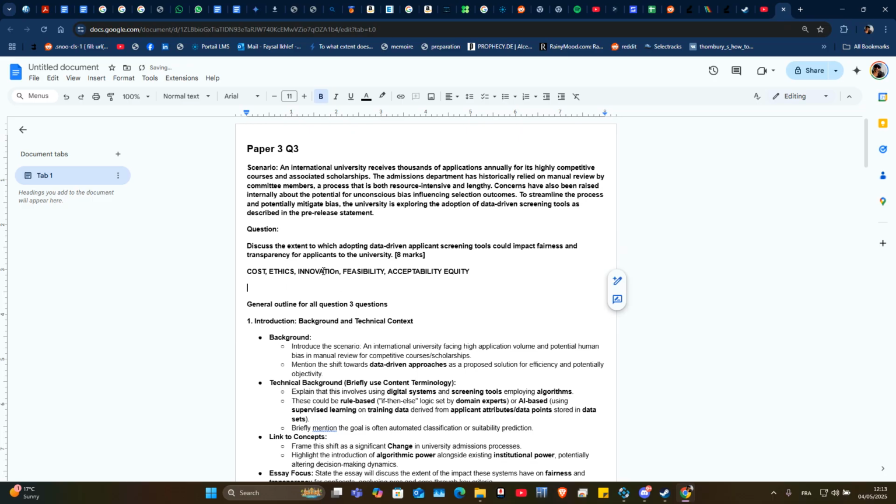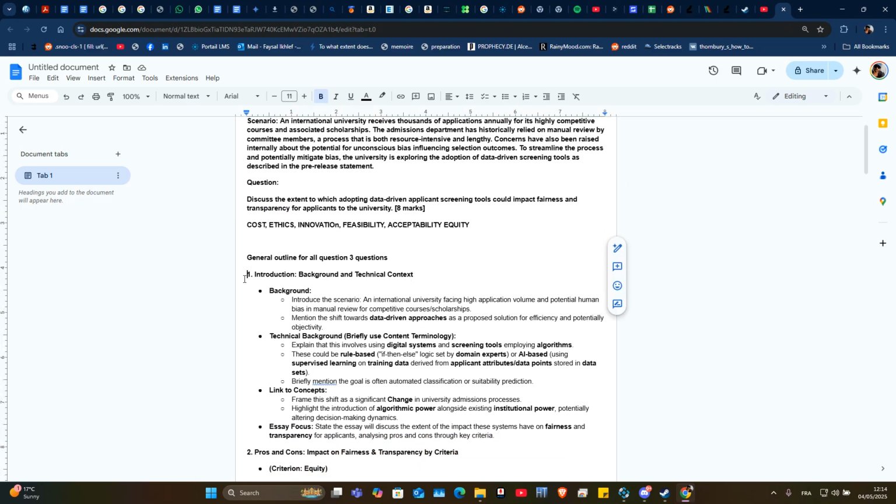Yes. So, do I have to mention all of these 6 all the time? No. But at least aim for 4 of them per essay, be it in paper question 3 or question 4. Okay? Because sometimes you really cannot mention one of them. It just doesn't go with the question. As you can see in the question here, it's asking for fairness, transparency, and stuff like that. So you cannot mention some criteria here, unfortunately.